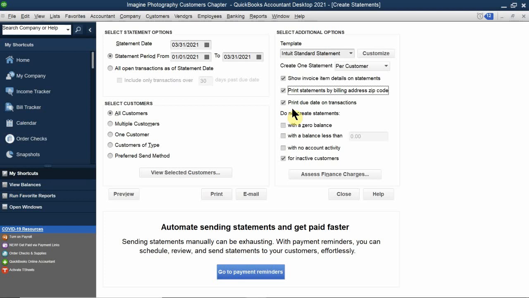Okay. Then the next section is going to be do not create statements. Okay, so this is the important thing that you do. No, you definitely do not create them here with a zero balance. Yes, don't be bothering your customers. That has nothing to do with you, right? They paid off their account balance, so therefore you don't need to send them a statement every single time to